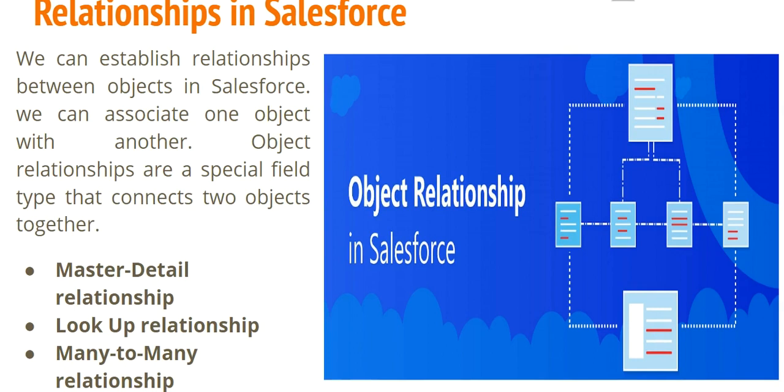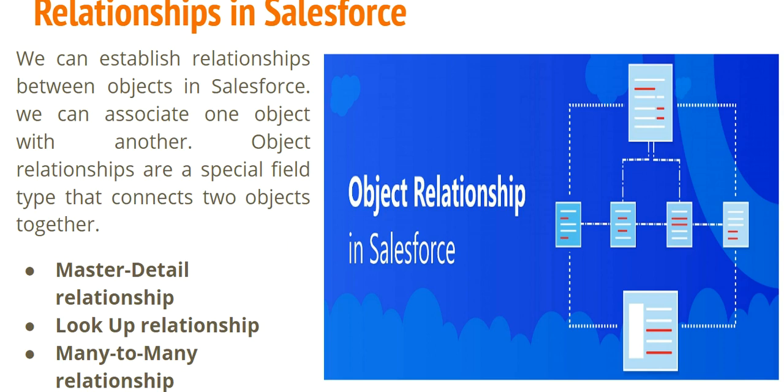We all know that entities take part in the relationship. In the same way, in Salesforce the objects take part in the relationship. Means when we want to connect two objects, in that case we use the relationship. So in Salesforce, we can create the relationship between two objects or more than two objects. And here we can create relationships like master detail relationship, lookup relationship, and many to many relationship.